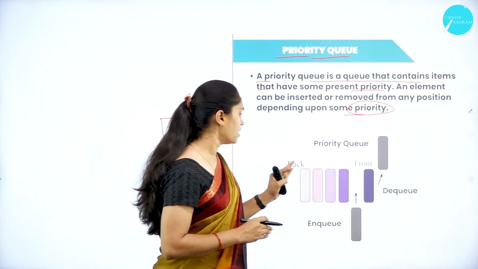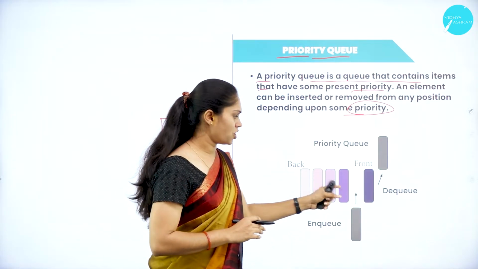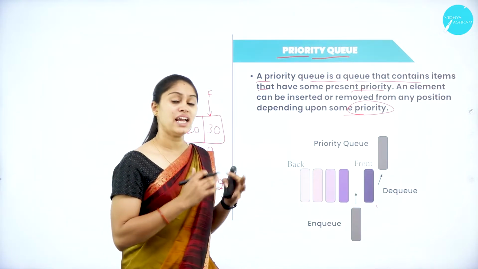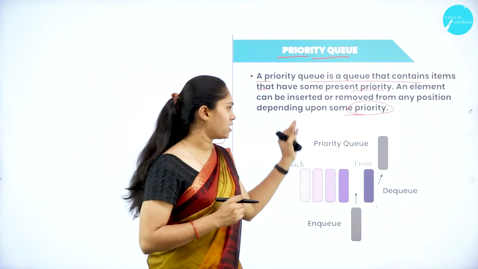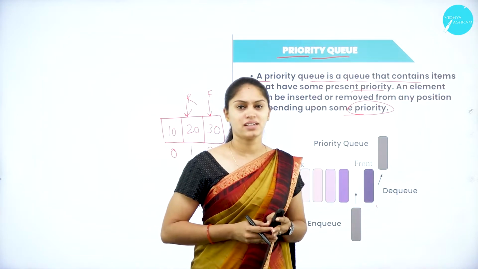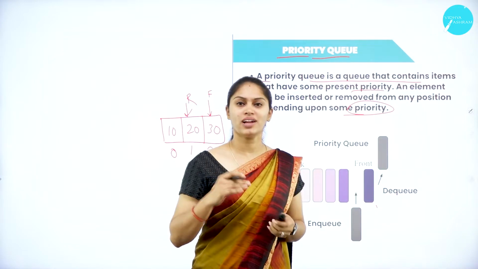You can see here we have a priority queue and these are the elements, and insertion and deletion, that is NQ and DQ, can happen anywhere or at any location in the queue. Okay, so there is no restriction over the position that it has to be in the standard format. So we can give our priority. Based on that, it will insert or delete.